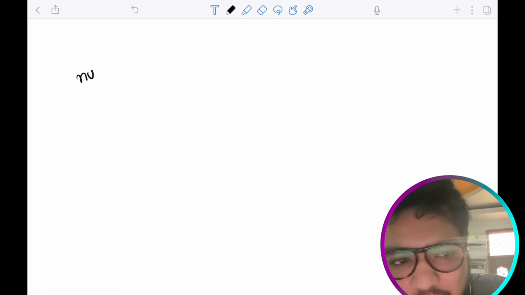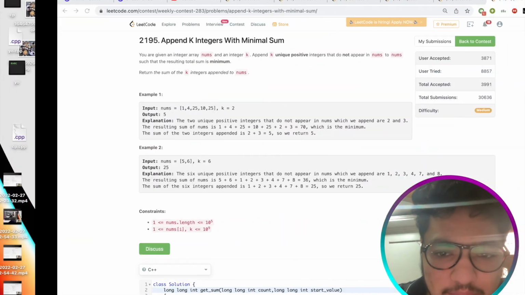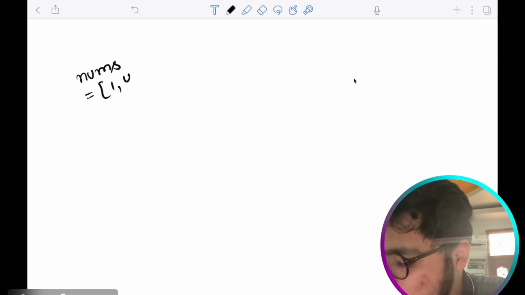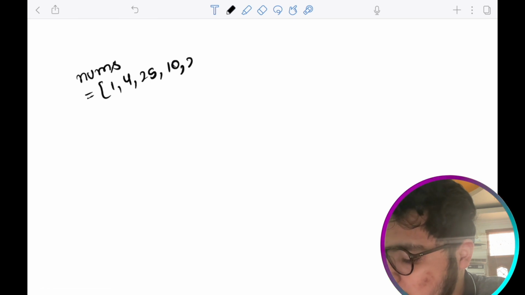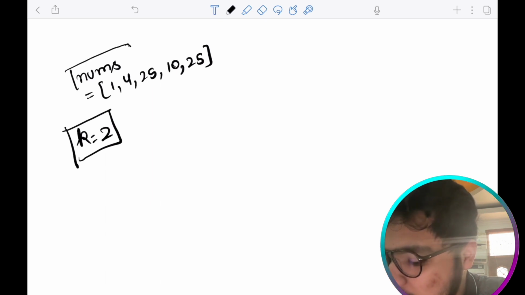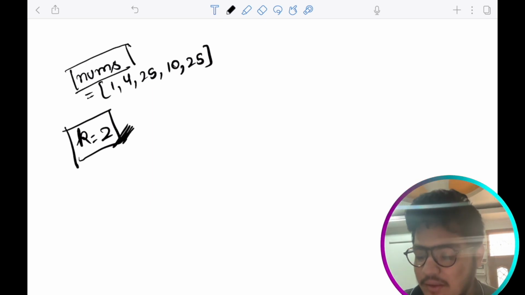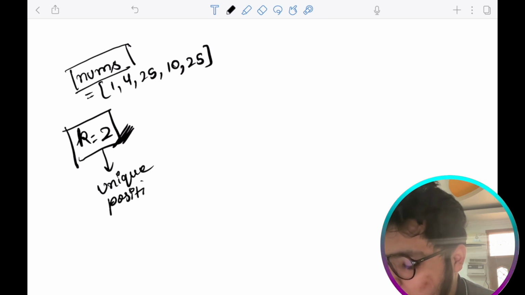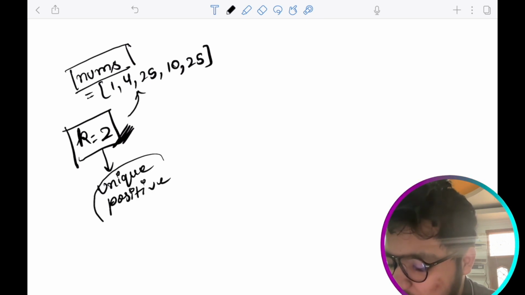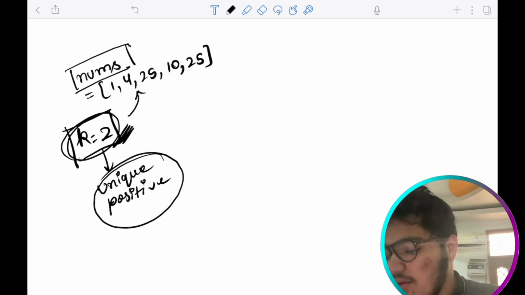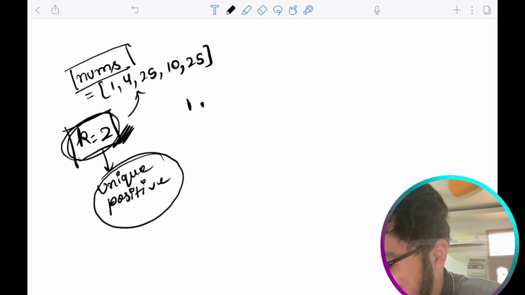So basically a nums array is given here, and you are given this k, and you have to append these k unique positive values into this nums array, and you have to insert these values such that the sum of these k values should be minimum. So let us say in this problem, if you sort this up,